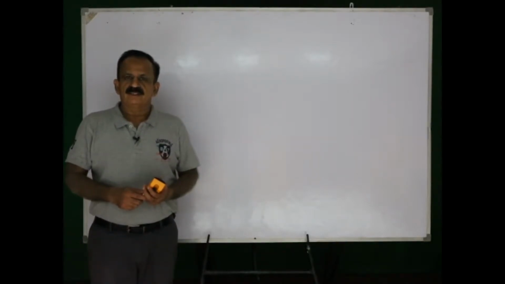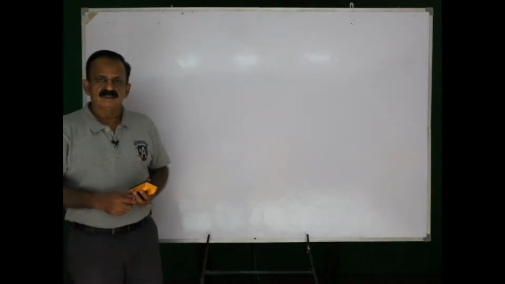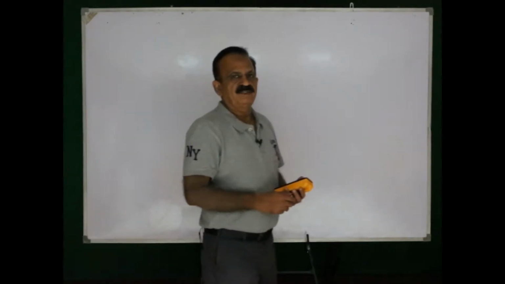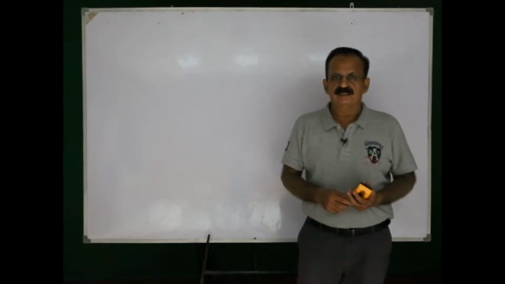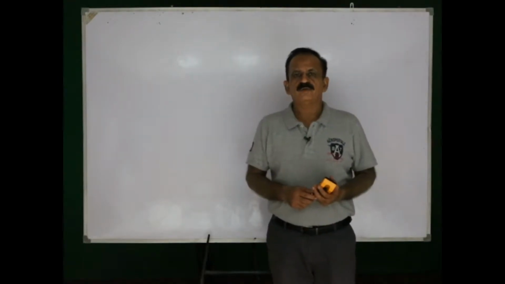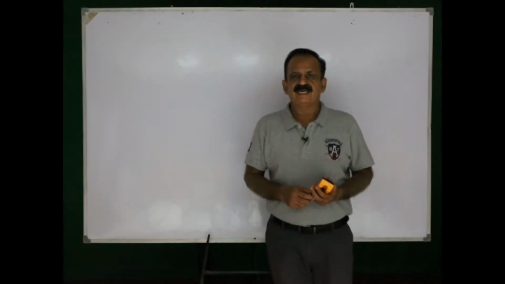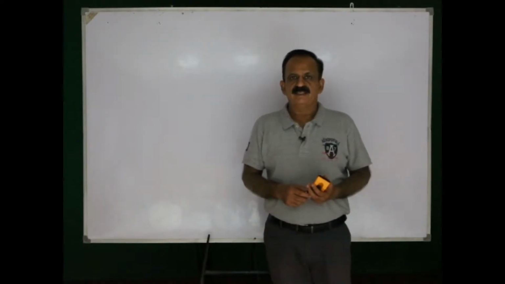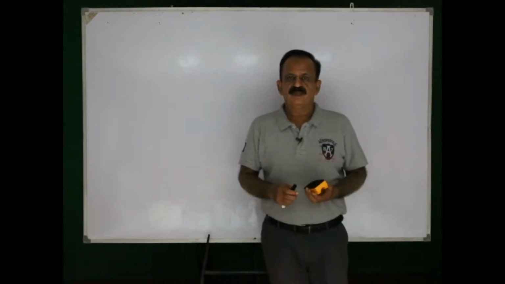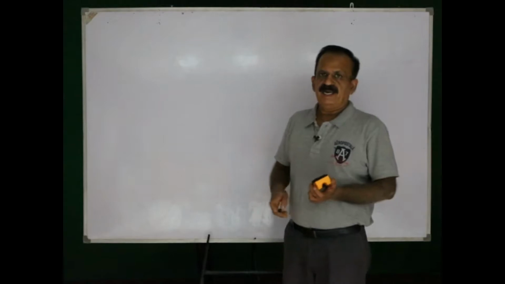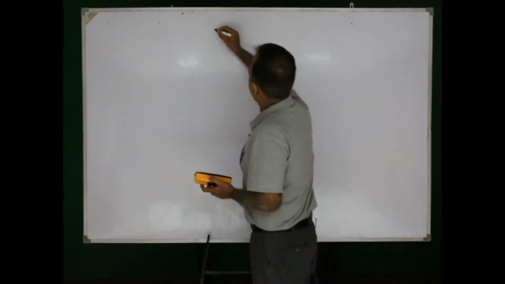The topic of discussion of this lecture is half subtractor and full subtractor. Subtractor basically is a combinational circuit. As we know, a combinational circuit is one in which the output value depends upon the current input values. So, half subtractor as well as full subtractor are combinational circuits. We will start with the first one, and that is half subtractor.